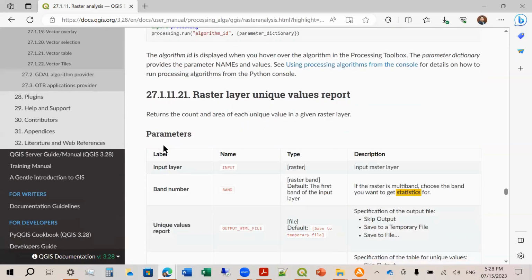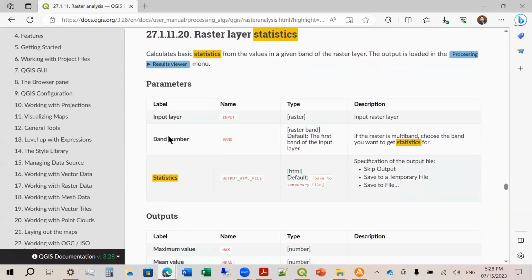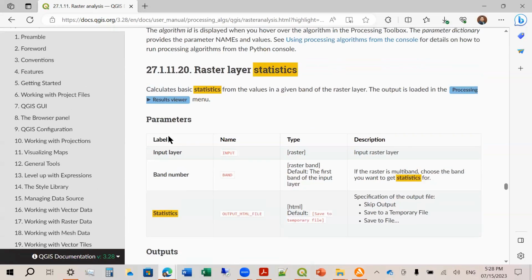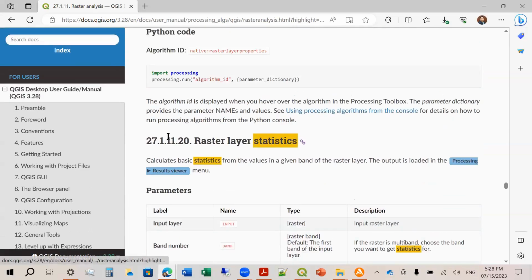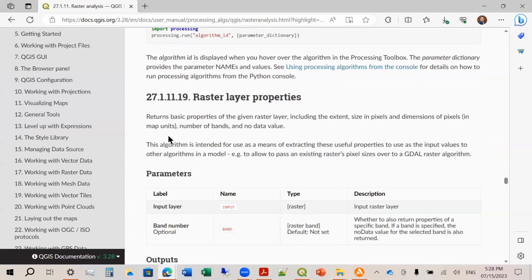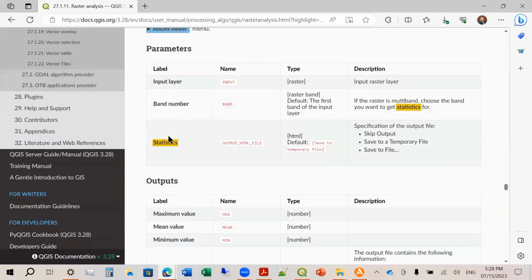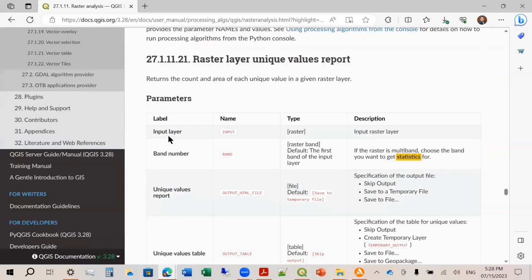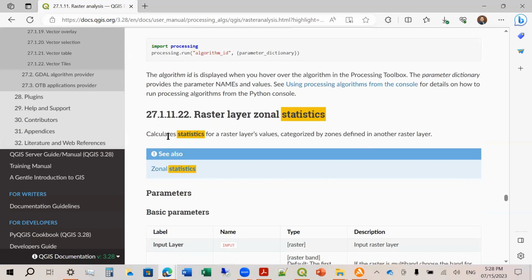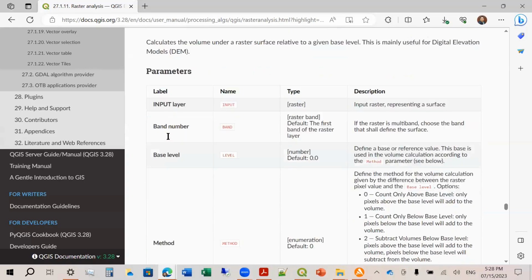This is for the Python code. So how do we do this? This is for the Python code already.